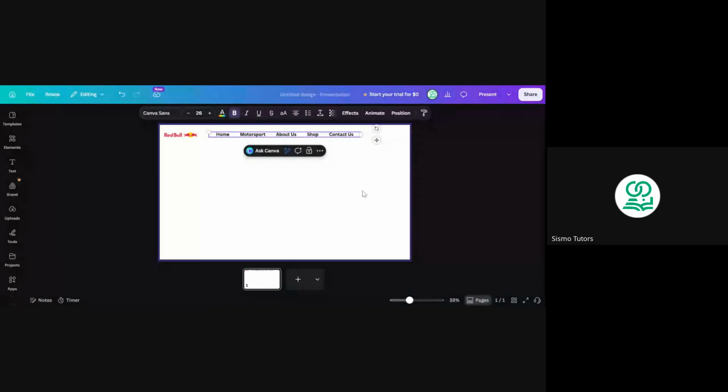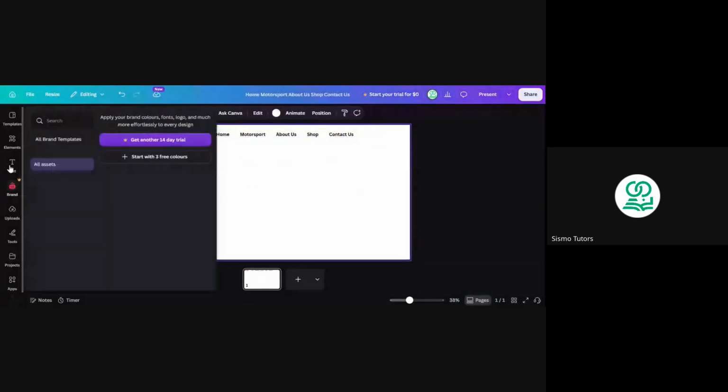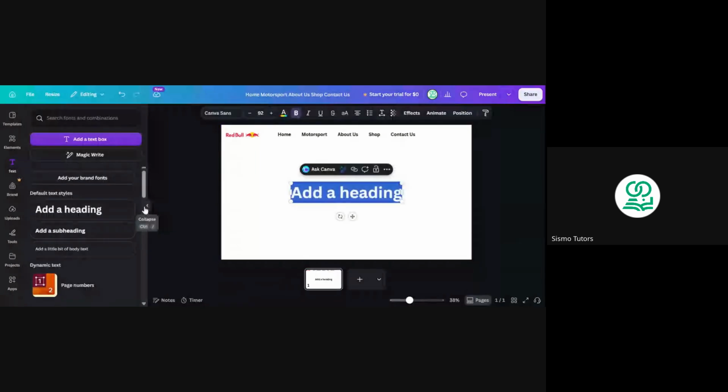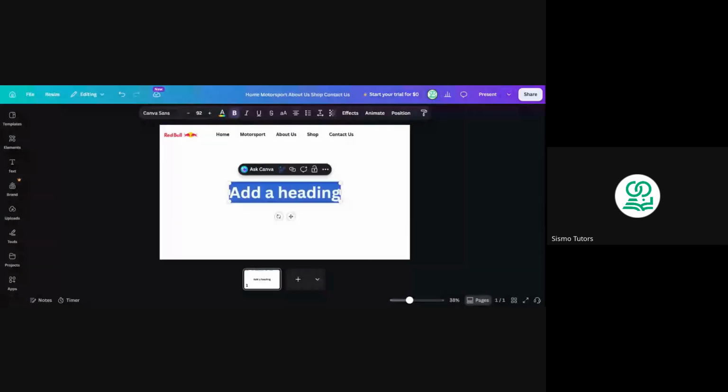Now, since we are done with the navigation, the next thing we are going to do is add some write-ups to the page. We are going to add a text again, and this time around, we are going to add a header. So the write-up we're going to use is, let's say,